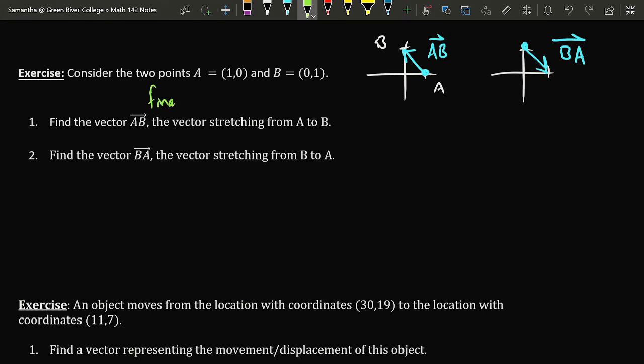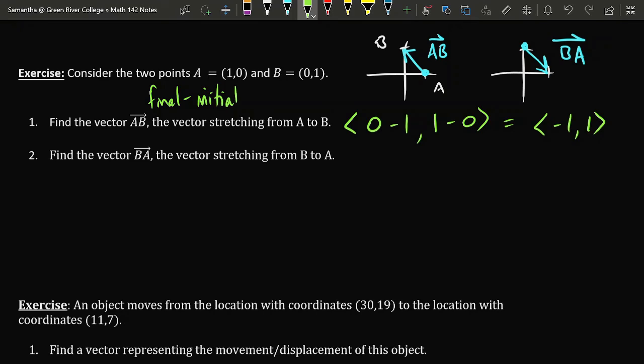final position minus initial position. Now the final position is B in this case, so I'm going to take the final x value of 0 and subtract the initial x value, which is given by the x of the point A, 0 minus 1. To find the y component of the vector, I'm going to take the final y of 1 and subtract the initial y, 0. So this is equal to the vector -1, +1, and this completely matches what we might expect